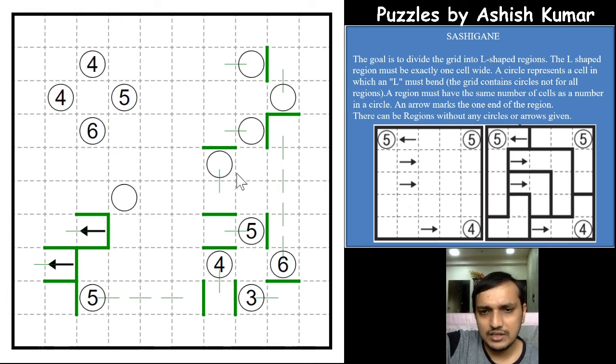So this is stopped here now. So if you see for the 5, one of this cell will be part of the region, because you have only 4 cells, 1 2 3 4 maximum, and the 5th cell has to be here. At most this cell is part of the 5, right?